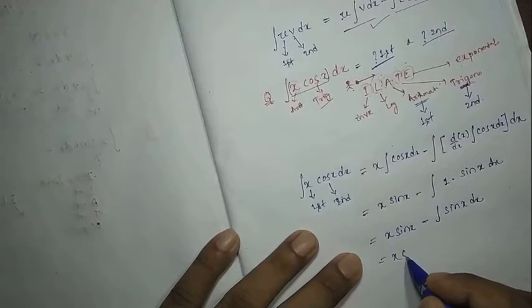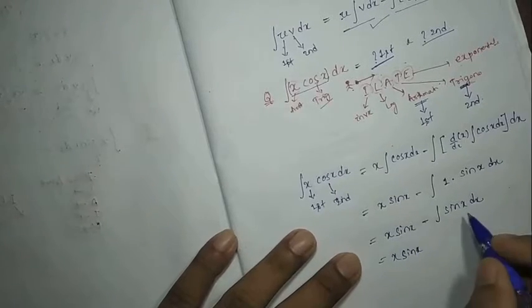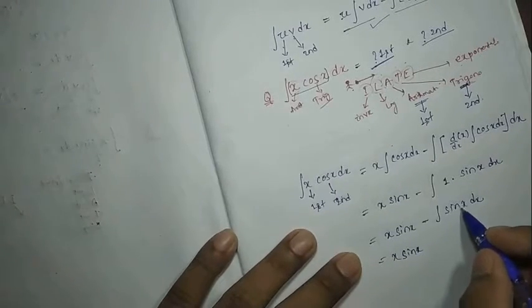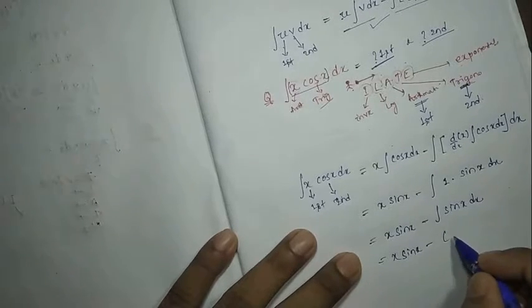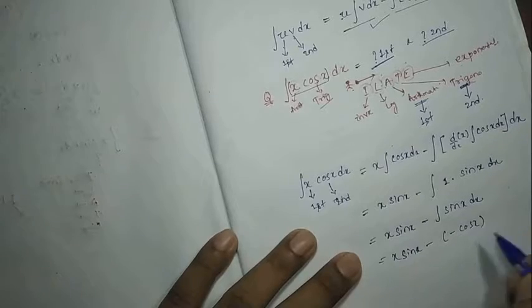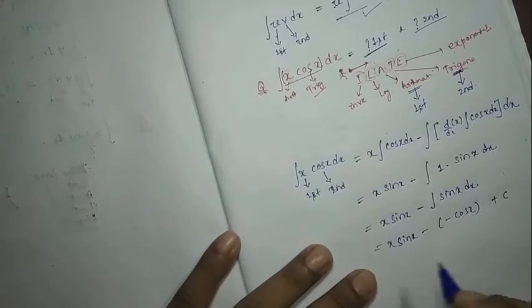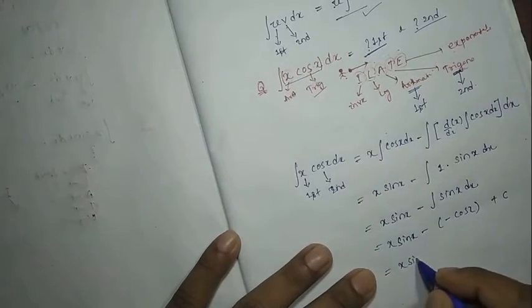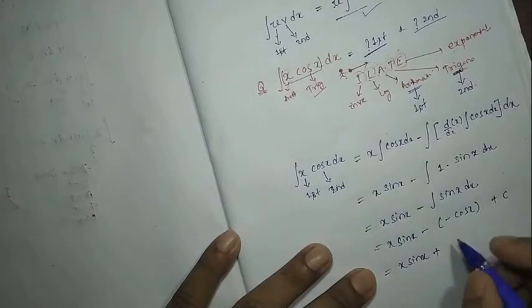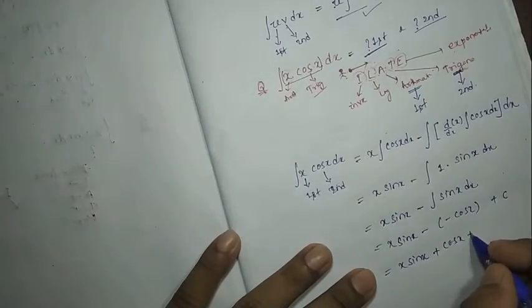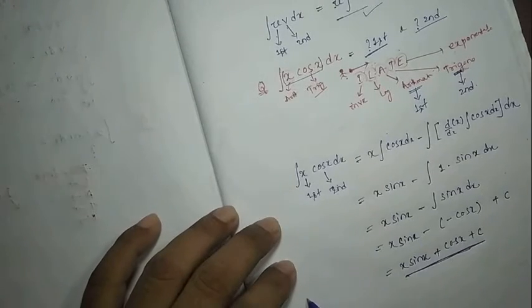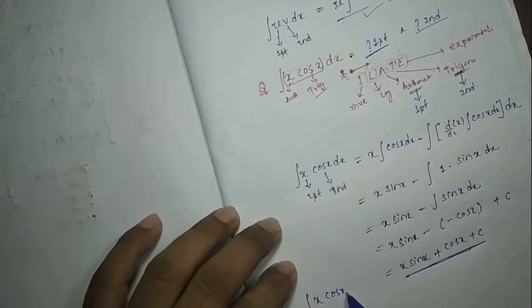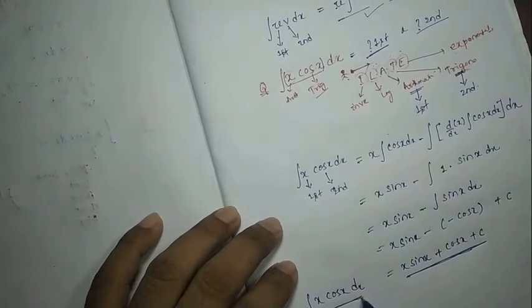So the integration of sin x is minus cos x, so it will be minus cos x plus one constant c, that is x sin x plus cos x plus c. So this is our required answer of the integration of x cos x dx by using by parts,